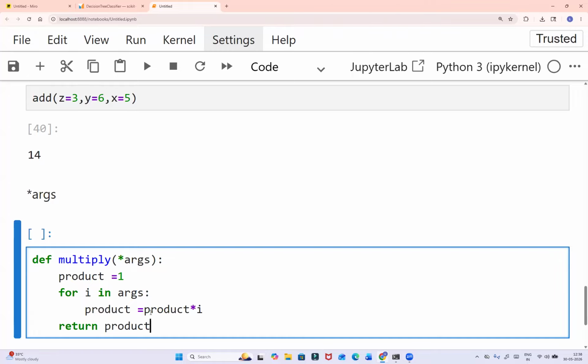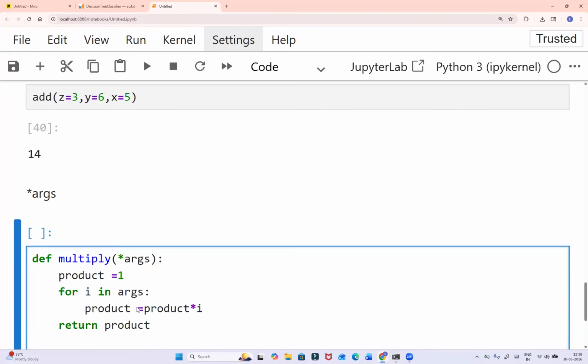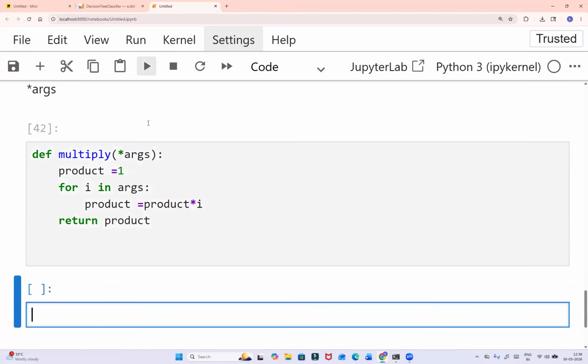Return product. Compile, it's fine. Now I will give,